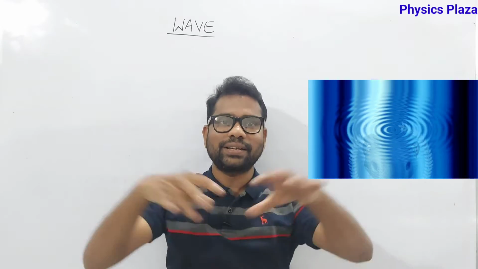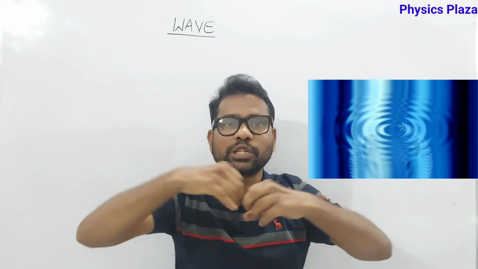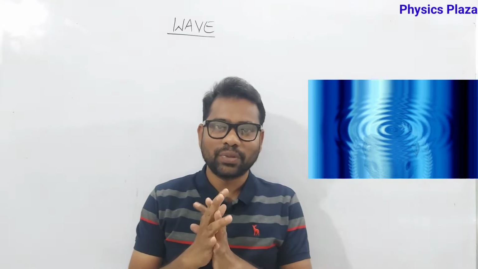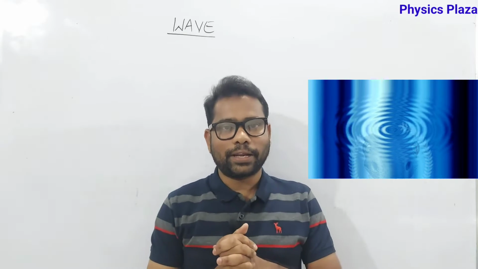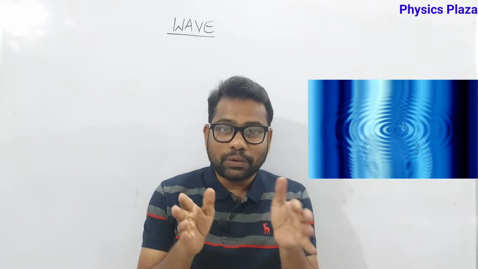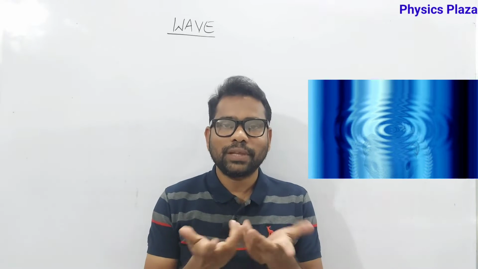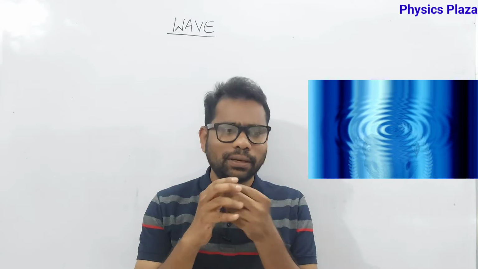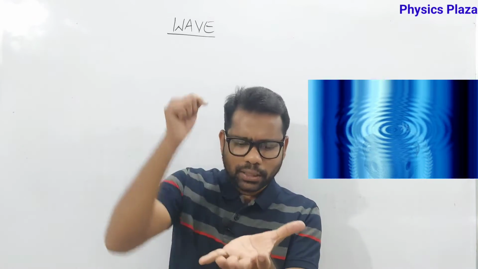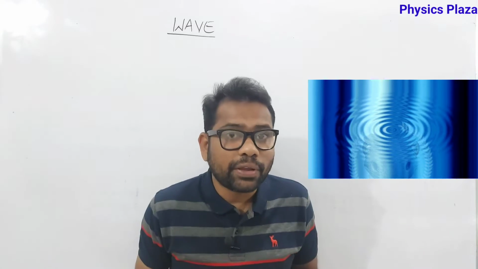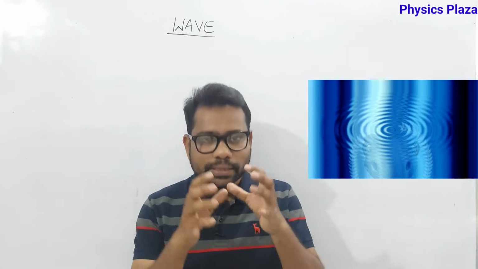Do you think that ripples are sitting there only? Just think about it. Observe. No, ripples are not sitting there. What is happening? They are moving in all directions. They are spreading. Ripples are spreading in all directions. Okay children. So then what we did, we created a wave. Yes. And you are getting one doubt actually. Sir, okay, I have taken water. I disturbed it. Ripples are formed. Where is that wave? Yes children.